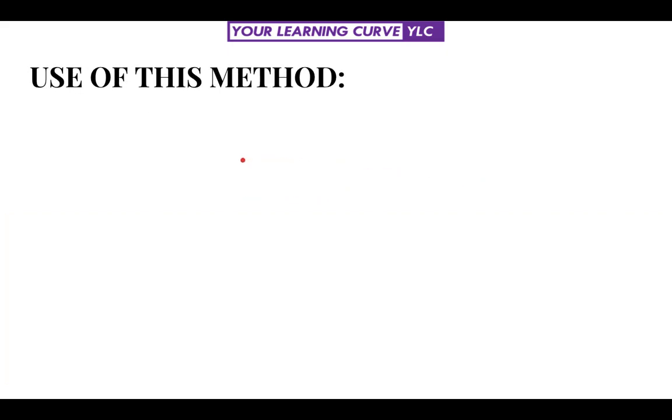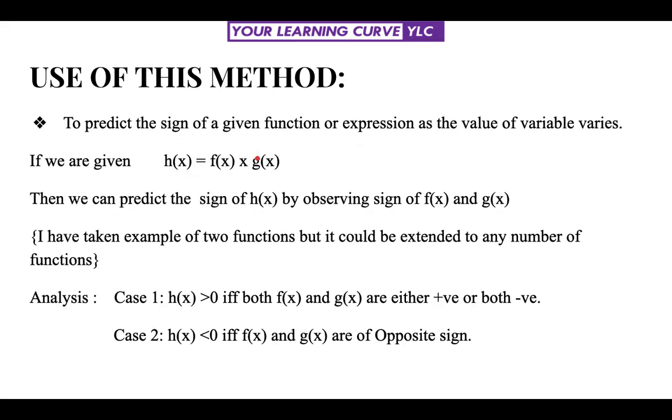First of all, let's see why we need this method, or what the uses of this method are. This method is used to predict the sign of a given function or expression which is expressed as a product of two or more functions or factors, as the value of the variable varies from plus infinity to minus infinity. Here I have taken an example of only two functions, but this can be extended to any number of